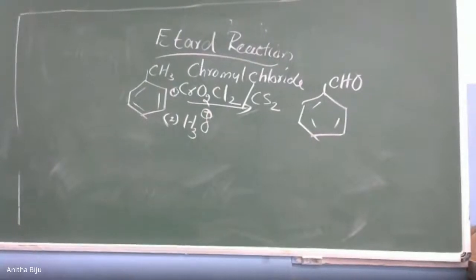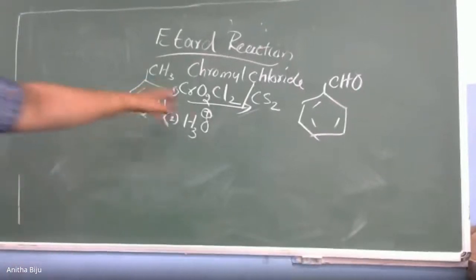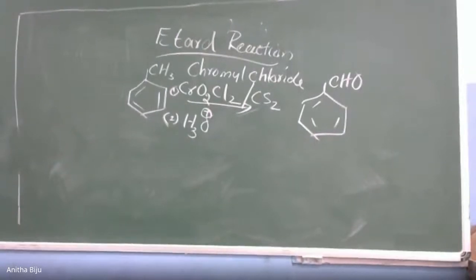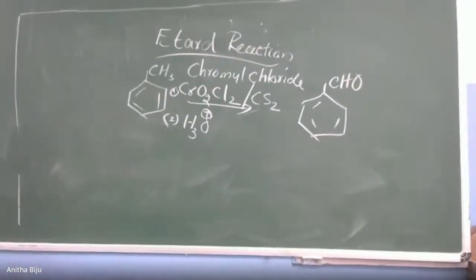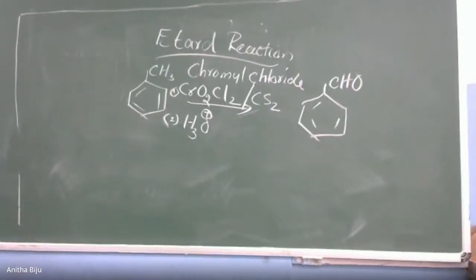The ultimate product will be benzaldehyde, and this is not considered a large scale preparation because in this particular case we are using a reagent which is highly expensive. Even though the reaction gives benzaldehyde in 100% yield, the reagent is highly expensive. So that's why this is not used for the